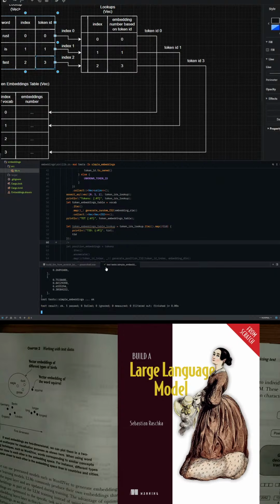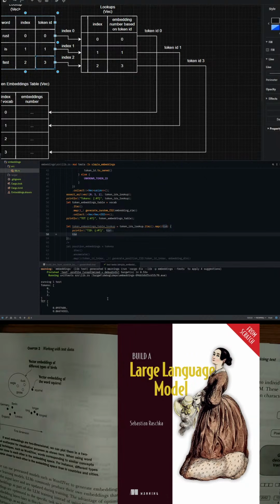Wala yung TID. So this is my tokens and then TET ko, token embedding table. Tapos yung lookups ko, I did an iterator. I mapped it. But why is that it's not